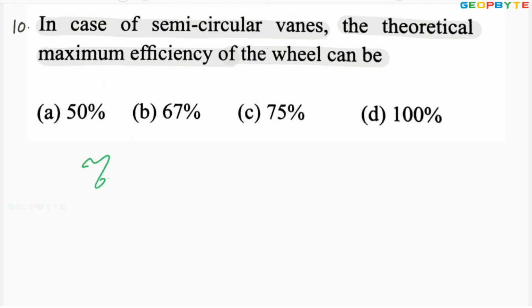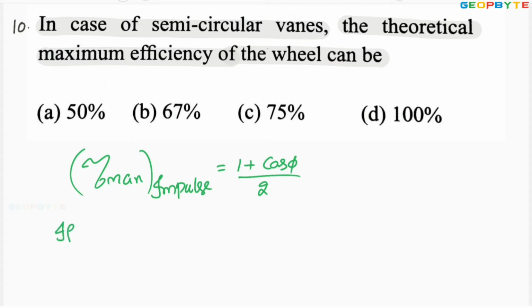The maximum efficiency of the impulse turbine equals 1 plus cos phi by 2. This is the maximum efficiency. Now if phi equals 0 degrees, in case of semicircular arc